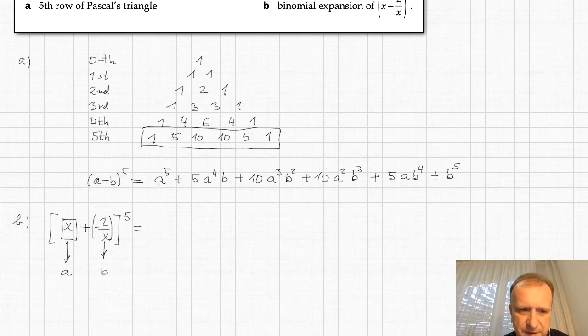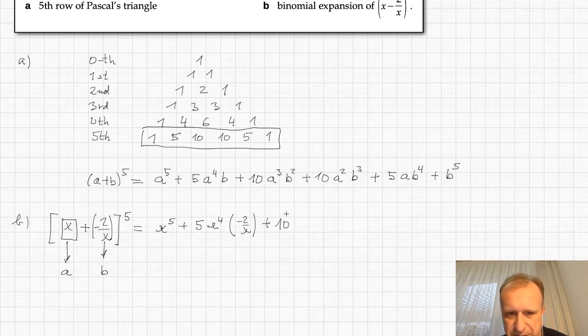So first a to the power of 5. In my case it's x to the power of 5 plus 5 times now a to the power of 4, which is x to the power of 4 times negative 2 over x, just like that, plus 10 times a to the power of 3, which is x to the power of 3, times b to the power of 2, so b is negative 2 over x to the power of 2,